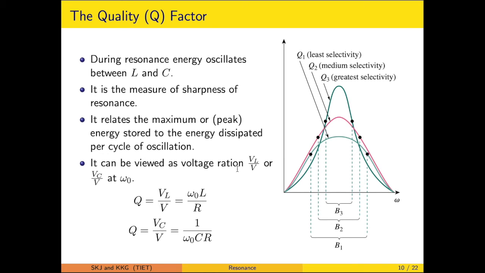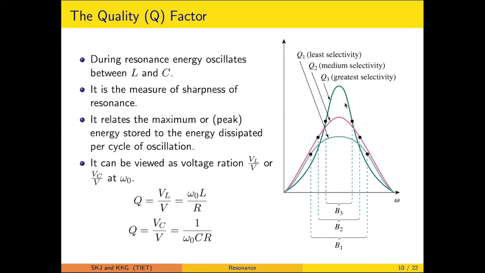However, for clarity, in the case of a series RLC circuit, the Q factor is nothing but VL upon V. This V is basically appearing across the resistance, so you can say VL upon VR. Similarly, VL is identical to VC, so the Q factor can also be designated as VC upon VR. When we make a substitution, the Q factor comes out to be omega 0 L upon R, or conversely 1 upon omega 0 CR. So here we have simply substituted XL and XC values in the respective relation.